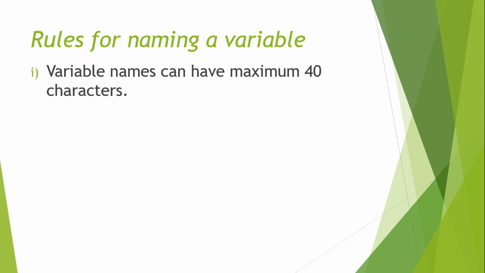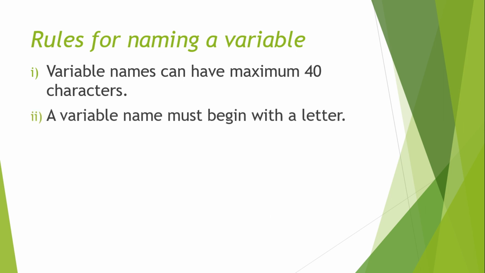We give very short names to the variables, but the maximum characters that we can use for naming a variable is 40 characters. Okay, like A is a single character, B is a single character, so A, B, C, D, E, F, G, H, what? 5 character, 6 character, but we always try to give a short name to the variables. Okay, that is easiest thing to identify. Okay, that you can also remember.